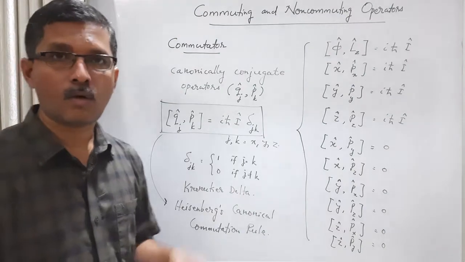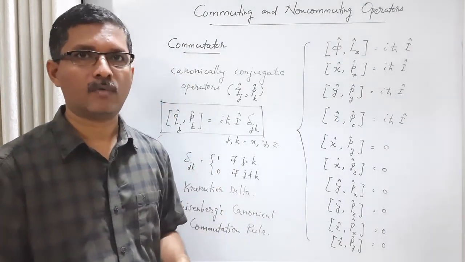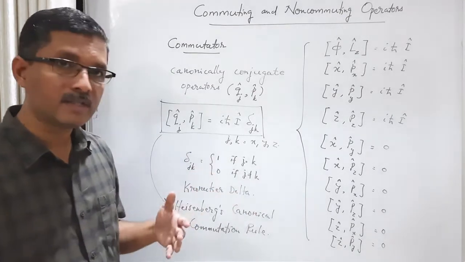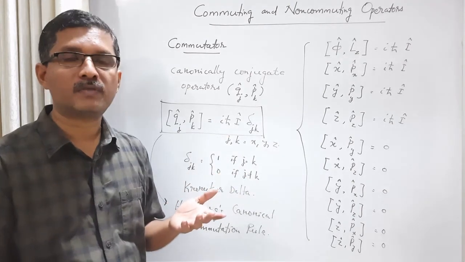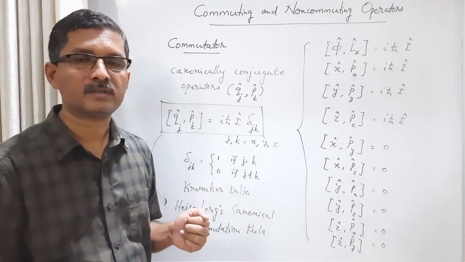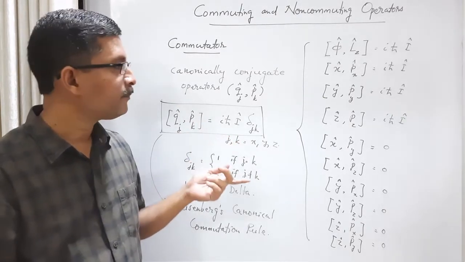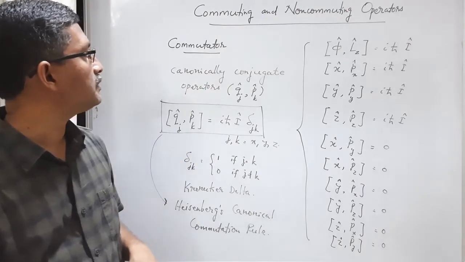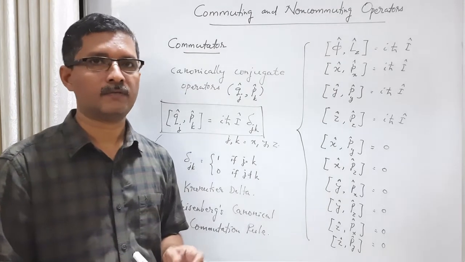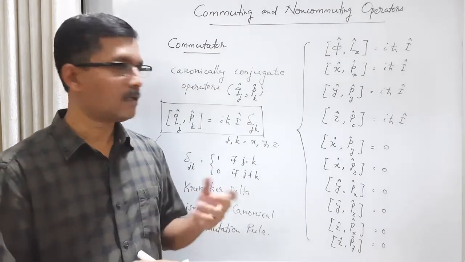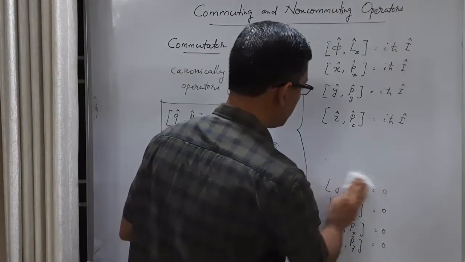Commutation rules between other operators, which can be expressed in terms of position and momentum operators, we can calculate based on this Heisenberg's commutation rule. For example, commutation rules between components of angular momentum operators we can calculate based on this canonical commutation rule. So canonically conjugate operators are one major class of non-commuting operators that we use in quantum mechanics. But there are other non-commuting operators. Let us see one important example.